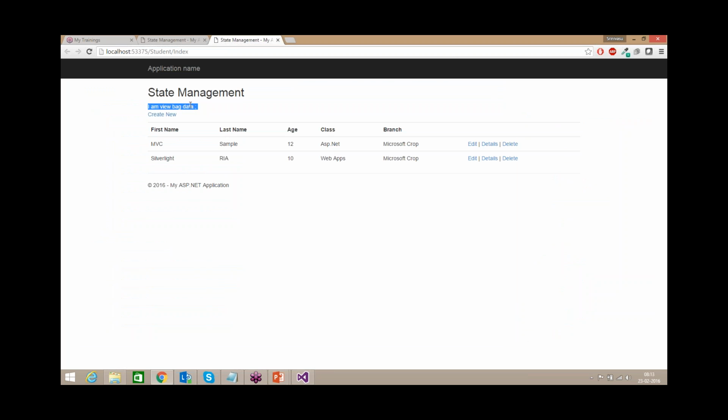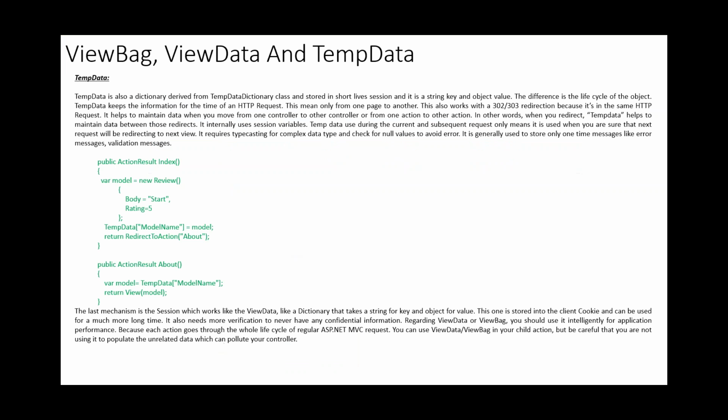Here you can see I am ViewBag data. The scope of this one is also the same; it cannot be accessed from other views. So the difference between ViewBag and ViewData is that ViewBag is a dynamic object type. You can create properties dynamically and assign any type of data to it.